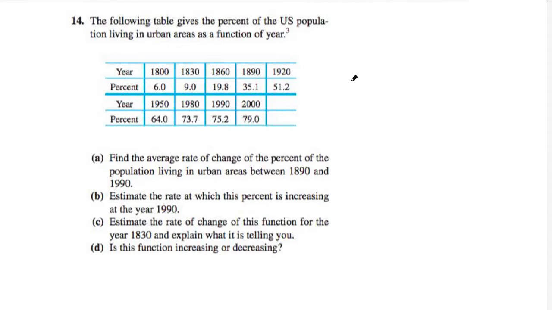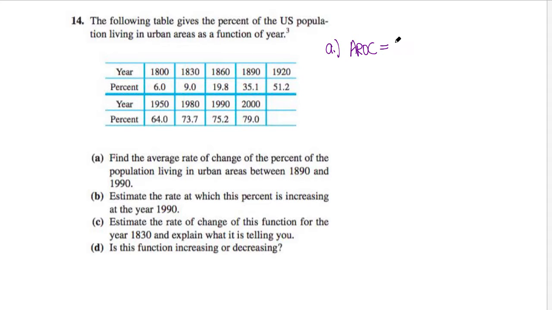For question 14, we have a table of population data as a function of year. This steps every 30 years until the last 20 or so. So A asks us to find the average rate of change of percent of population living in urban areas between 1890 and 1990. Average rate of change, which I'll abbreviate as AROC, is going to be the population percent in 1990,